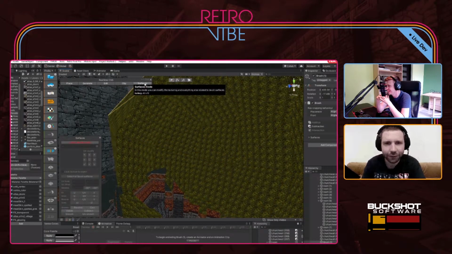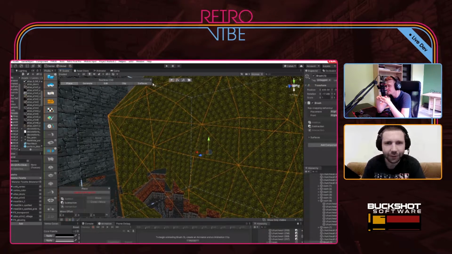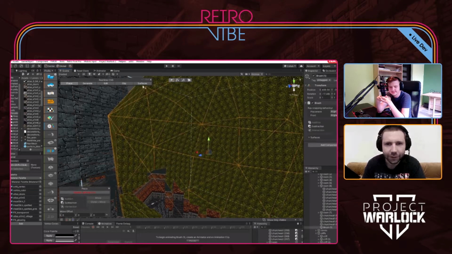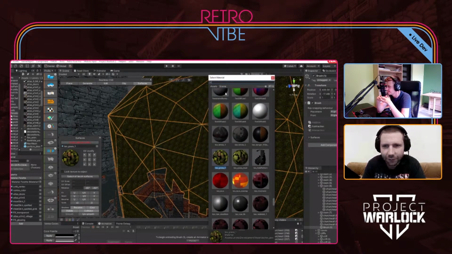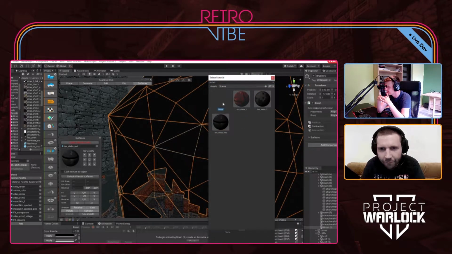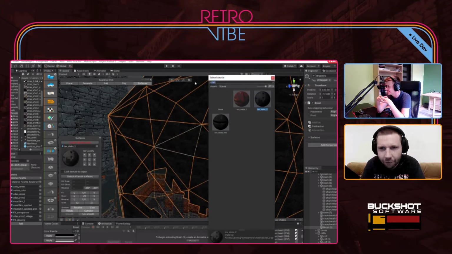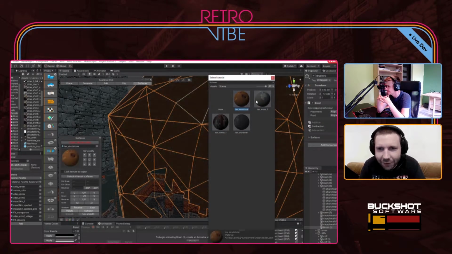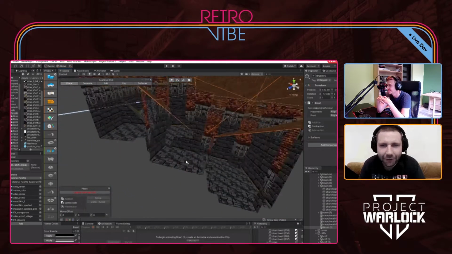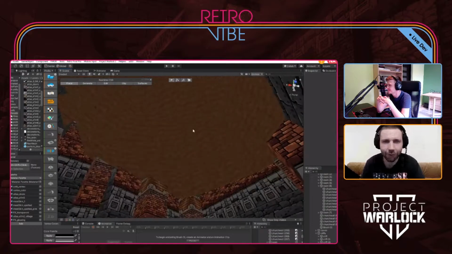Okay, maybe not grass. This is underground, so maybe let's give it some kind of a rocky texture. Yeah, we could use some rocks here. That would be a good idea. Let me just select it again. Surface is all selected. Slabs. Maybe a stone. Yeah, the naming, I'm pretty bad with naming conventions. Oh yes, sandstone. Okay, we can have sandstone. This will work. Okay, so now we have something that looks like ruins.